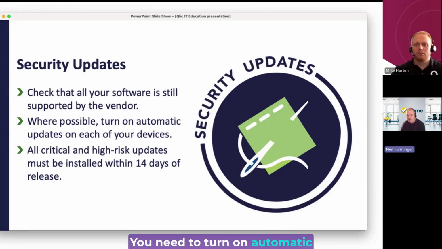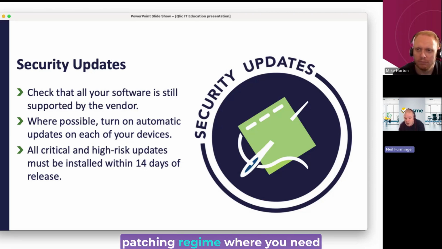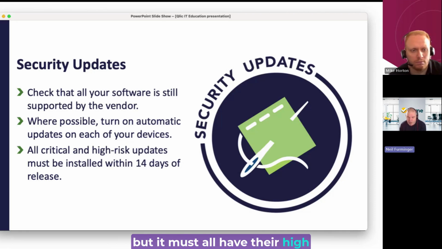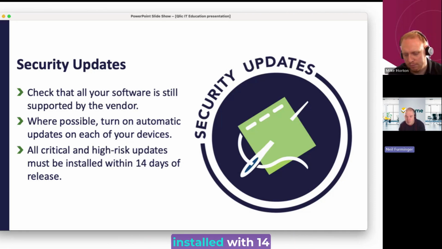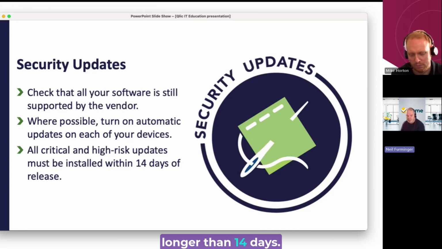You need to turn on automatic updates on your devices where available and when you can fit it in. When you have the element of control around it, you need to put those on. But if you can't, and you have to do a specific patching regime where you need to do what we call manual updates, that's also allowable, but it must all have their high and critical risk updates installed within 14 days of release. This is a difficult thing for some organizations to get used to because there are different patching regimes and update regimes out there that may be talked about that are longer than 14 days. But the 14 days is very